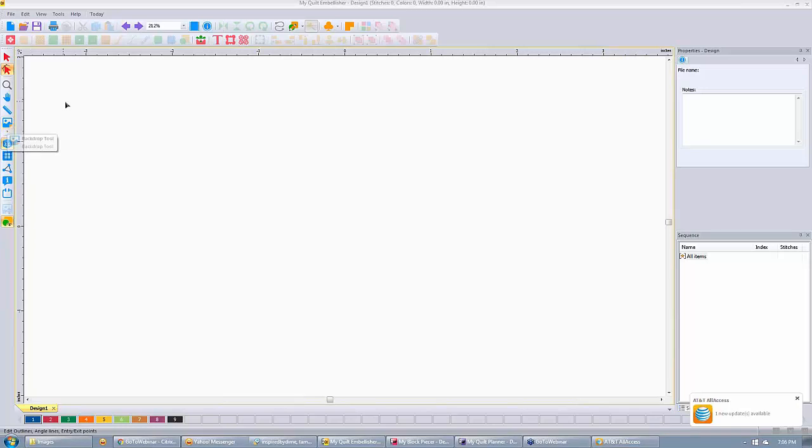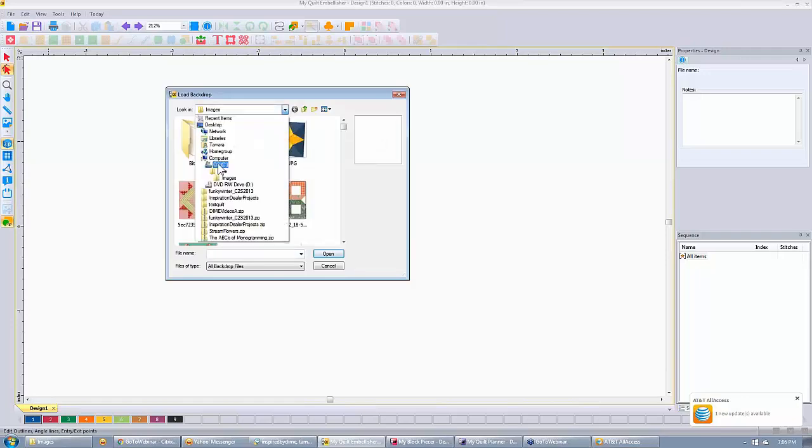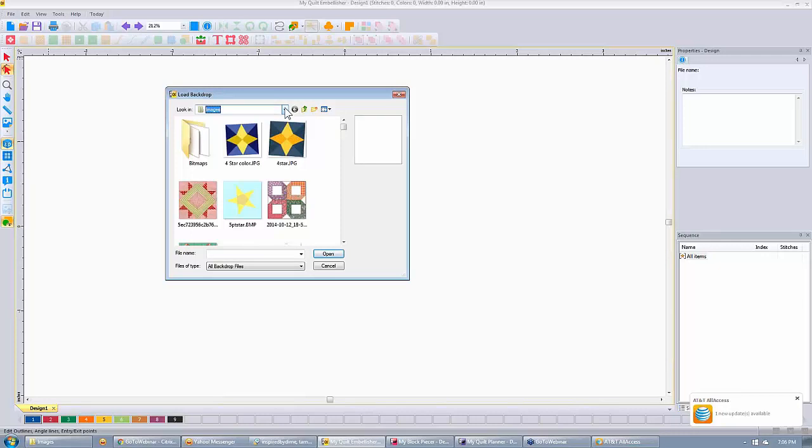You can also click on the file icon up at the top and load a backdrop from there. It works the same way regardless of which one you choose. This dialog box comes up and it defaults to your images folder. That images folder is in your C drive under Dime Images. Now, I tend to keep all of mine there so I don't have to go hunt around,